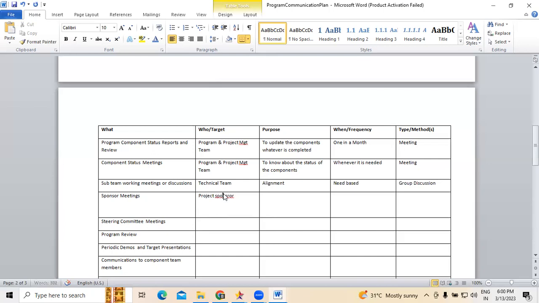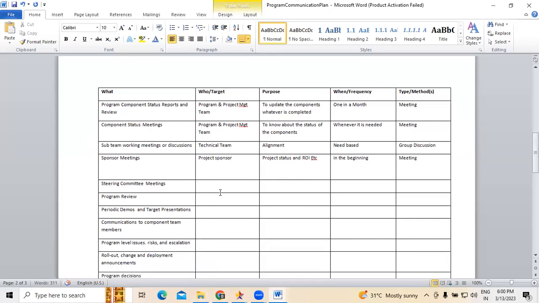The purpose is to provide an update to the sponsor on project status, implementation, ROI, budget, securities, policies, etc. Next, this is in the beginning. This is a type of meeting we are going to conduct.